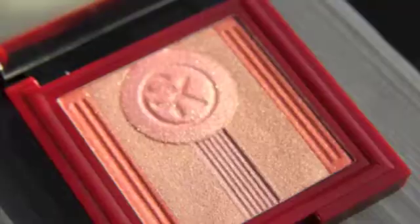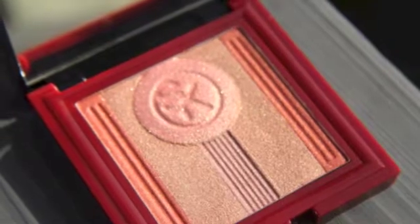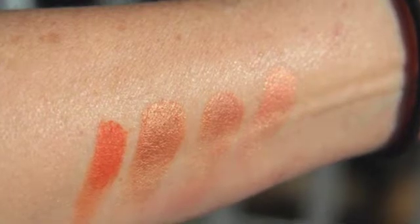This collection had an eyeshadow palette, a powder blusher, a cream blusher, this highlighter, and two lipsticks. After this video I'm going to do a video on the two lipsticks. I do not have one of them on right now because I wasn't thrilled with them, but that's another video. This right here, I actually was quite thrilled with. I do like it a lot,